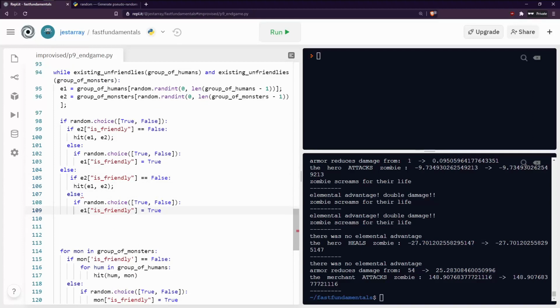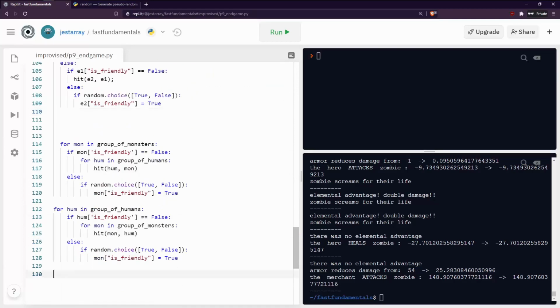No idea what's wrong here, but let's just fix this. This time, the human is being attacked, and the monster has a random chance of being friendly. So else if, oh. This has to line up. There we go. Alright, so that is